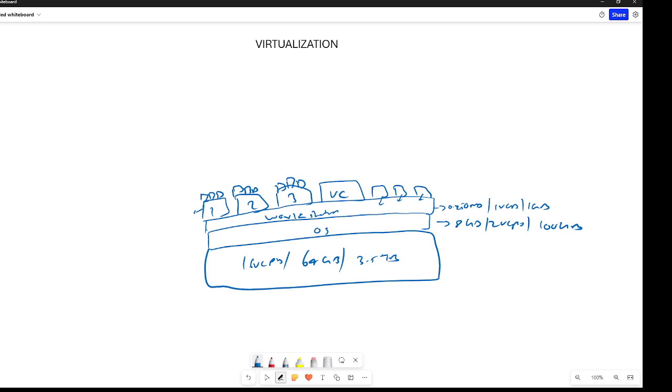Maybe I have allocated four virtual CPUs, four virtual CPUs, and four virtual CPUs. Now you see that 4, 4, 4, 12 plus 2, 14, and 1, 15. Out of 16, 15 CPUs are already consumed. Now my vCenter server also needs two virtual CPUs. And now these machines also need at least one virtual CPU.